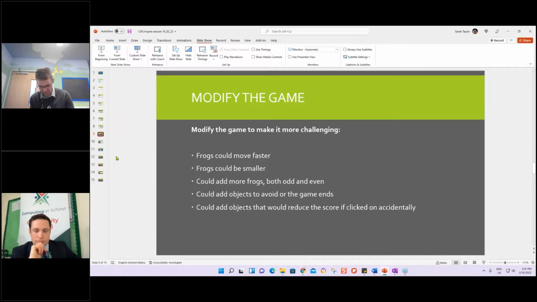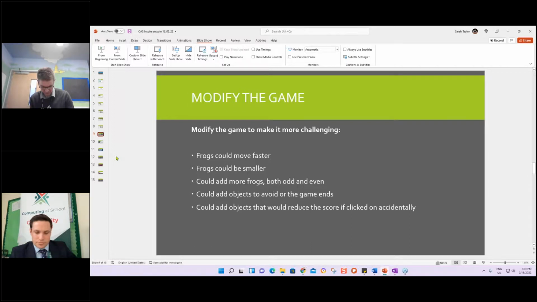Adding more frogs: when I've done this kind of thing with children, it's likely that they start by creating a frog and then programming it. And there's a really important lesson around working efficiently and using logical thinking here, because it would be much more efficient to duplicate the odd and even frogs and then change the original costume to different odd and even numbers.